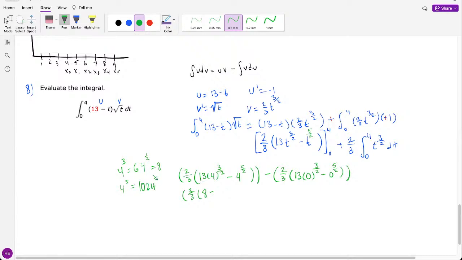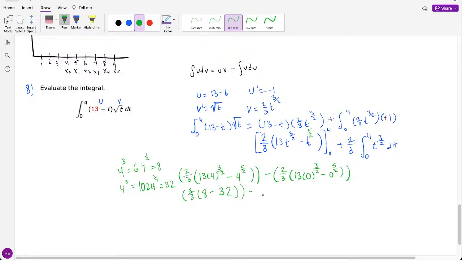And then square root of that is 32. So that's 8 minus 32